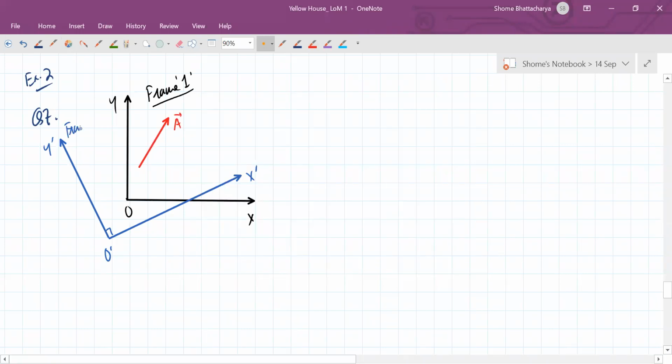Okay. As far as the first option is concerned, a scalar quantity, it makes no difference at all because a scalar does not have any direction. Now, it's asking which of the following do not depend on the orientation of the axis. Obviously the value of a scalar does not depend. Okay, but now if I look at the vector in frame 1, how will its components look?